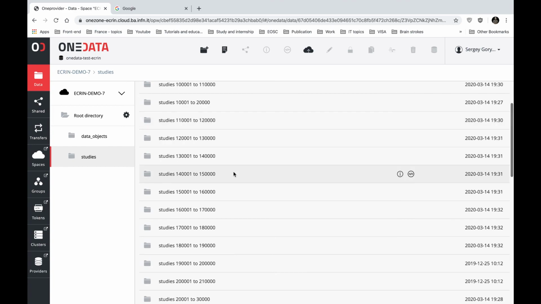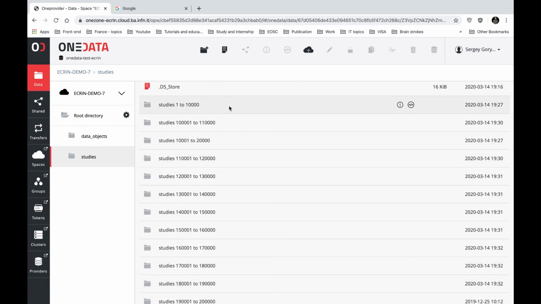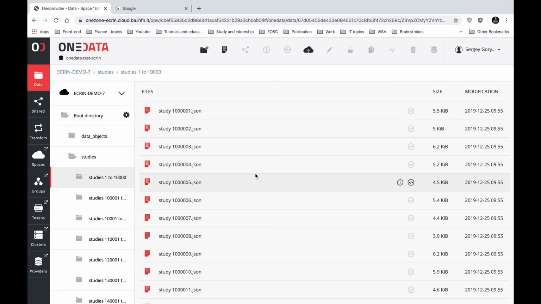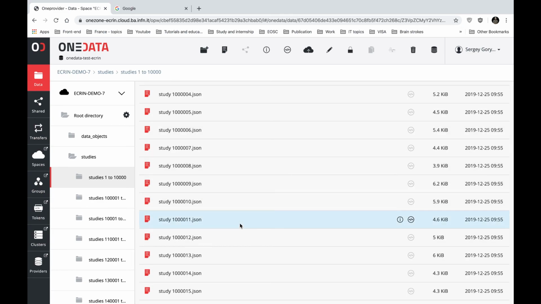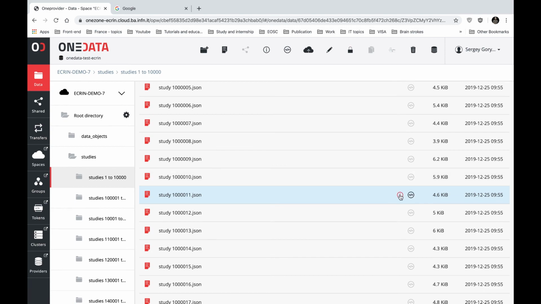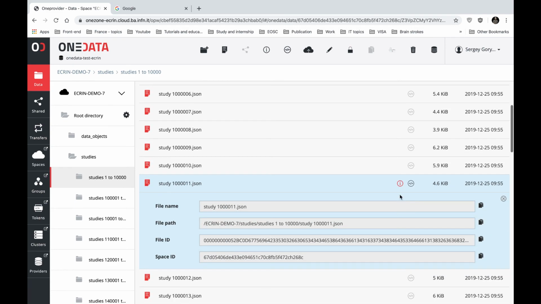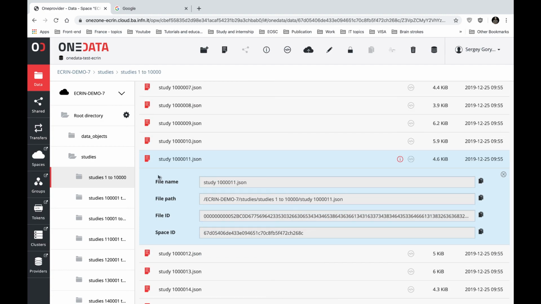split between the directories. So let's take a look at a random file, and let's select a random study for that, and by clicking on the information button, I will see all the necessary information of the file, like file name, file path, file ID, and space ID. And if I want to see the metadata which are attached to this file, I have to click on